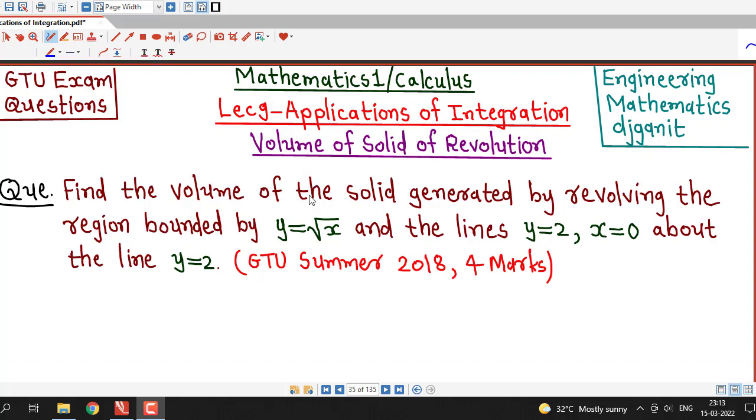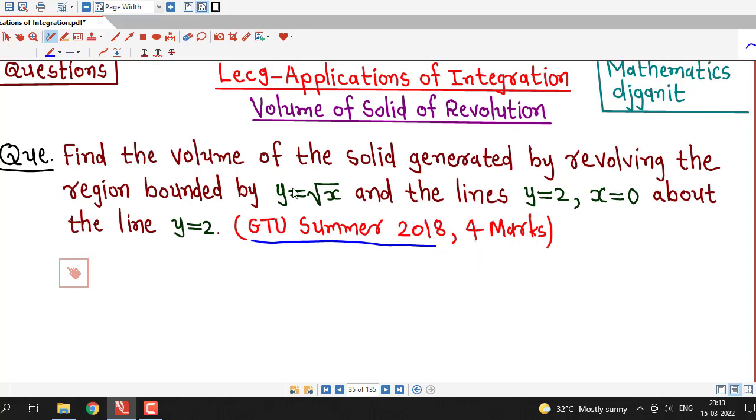In this lecture we will discuss one more problem on finding the volume of solid of revolution. This question was asked in GTU Summer 2018 exam. The question is, find the volume of the solid generated by revolving the region bounded by the curve y equal